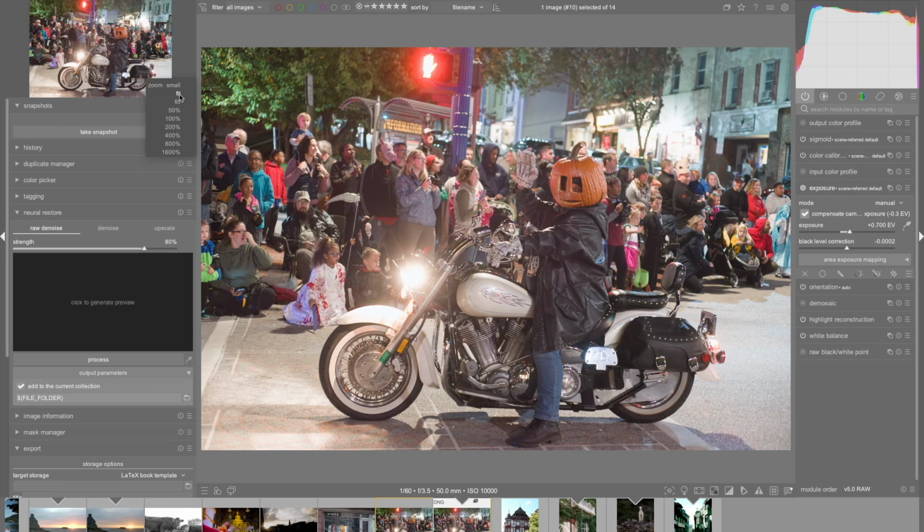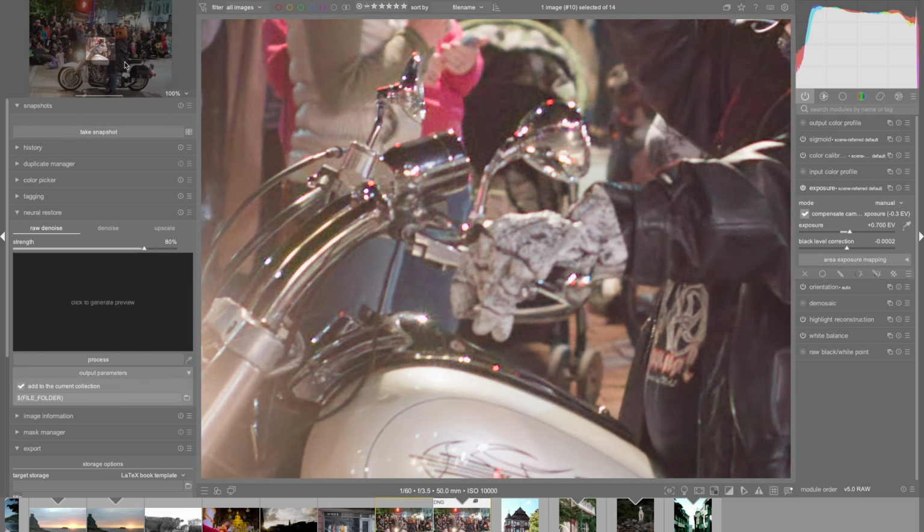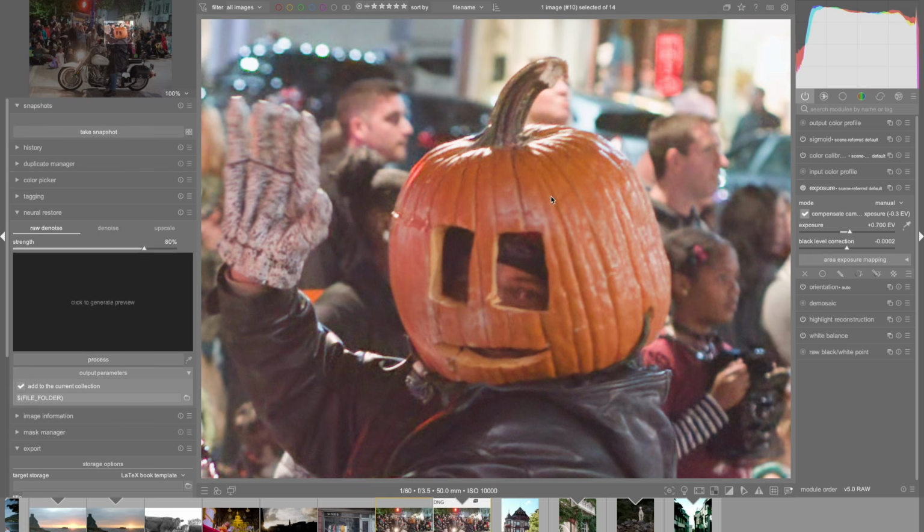But if I apply some zoom here like I had previously, you can see that here I have no more noise. Once again, you see that it's quite quick to generate, so I would advise you, especially at the beginning, to play with it. You can generate some files with a strength at 80, a strength at 60, and you can look maybe in an easier way than when you look at the small generated preview here. You may see some artifacts here on the top of the pumpkin. Bear in mind that it's still a model that is working on the file, so we know there is some caveat in this